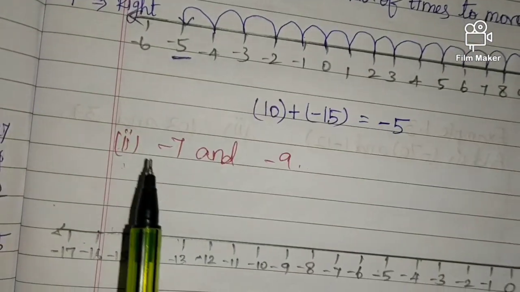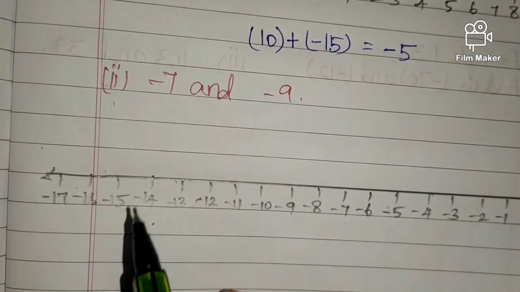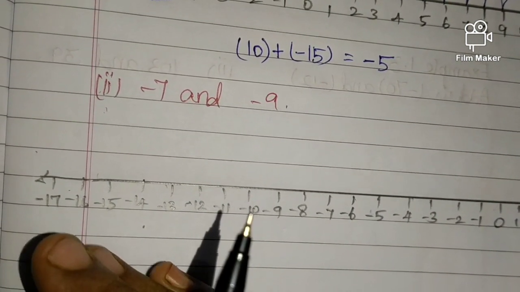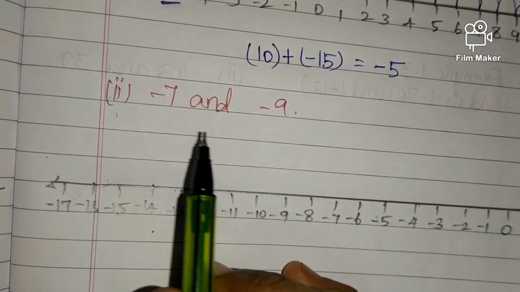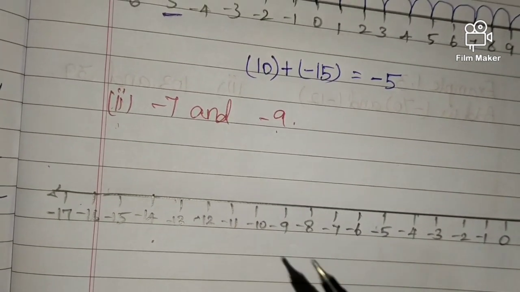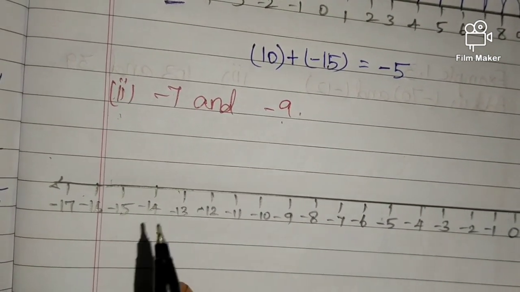So next example in the same 1.1, this is the second sum: minus 7 and minus 9. Okay, they gave this one. Often you people ensure in your mind according to the number only, we just want to draw the number line. So both the numbers are negative, so here we don't have to work with the positive numbers. You just draw the negative numbers itself.